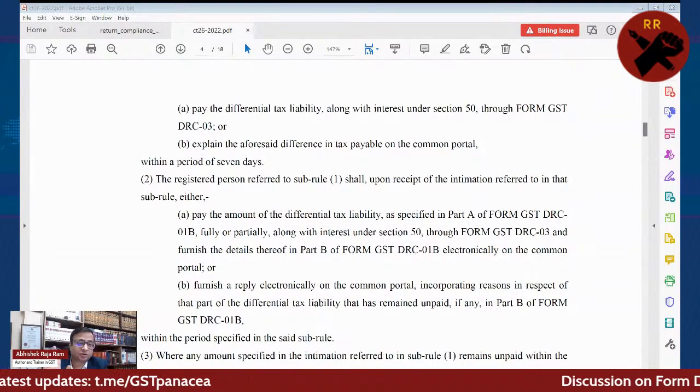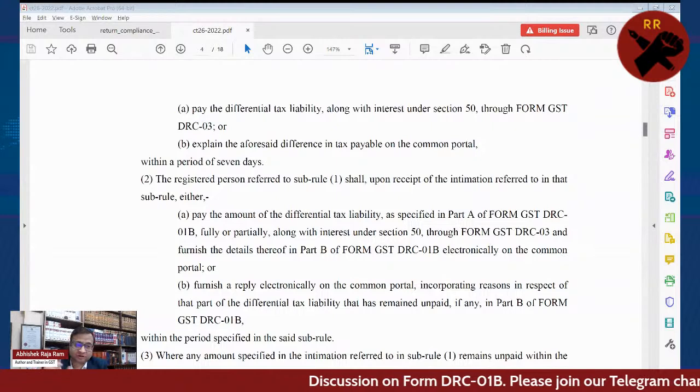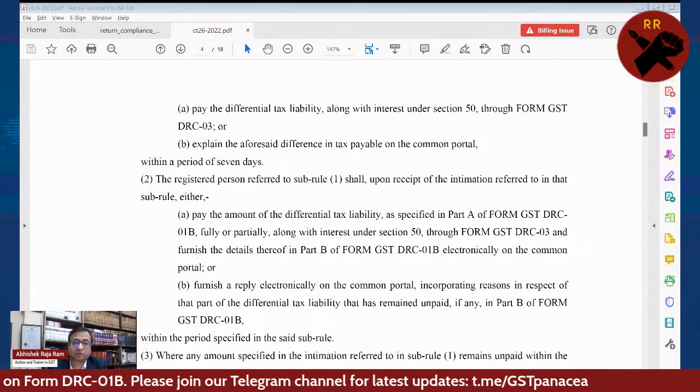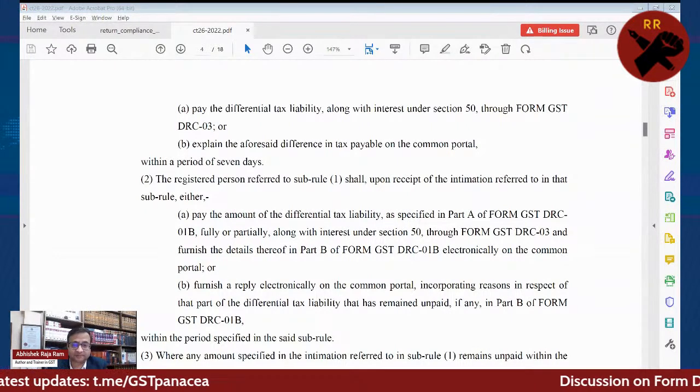So if you file GSTR-1 monthly, then you will get a monthly form. If you are filing quarterly, IFF के थ्रू आप 2 महीने की डिटेल देते, then this form will be issued on the quarterly basis. तो ये आपकी रिटर्न से चलेंगे.